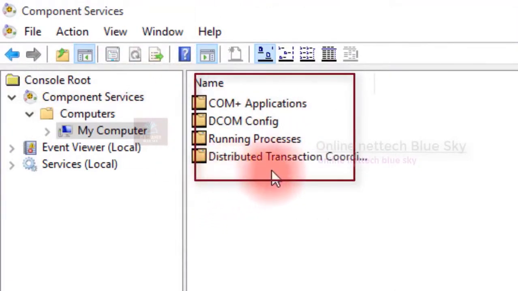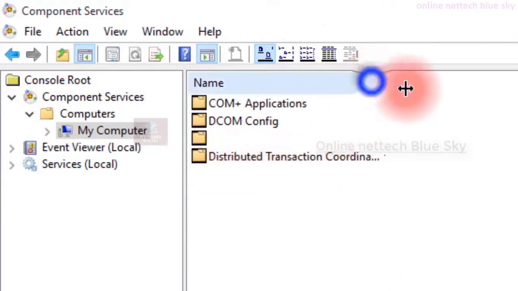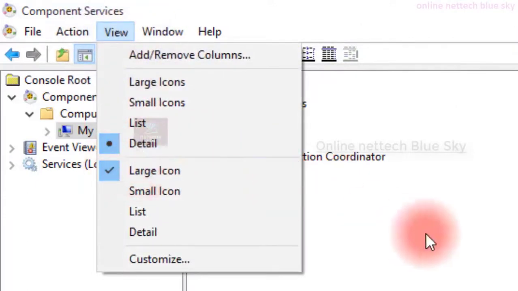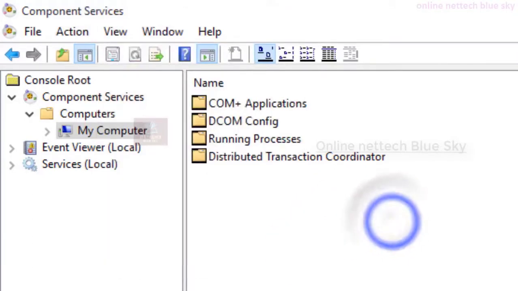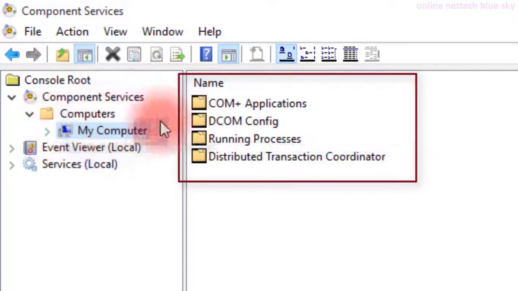I will discuss them one by one. And why do you see these four folders? You can see the four folders like this, and I have set large icons already. So this is enough for this operating system. So you can see COM+ Applications inside My Computer.